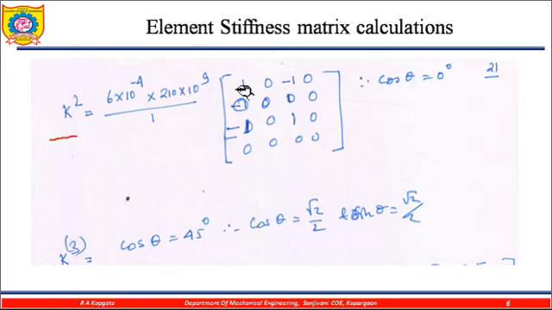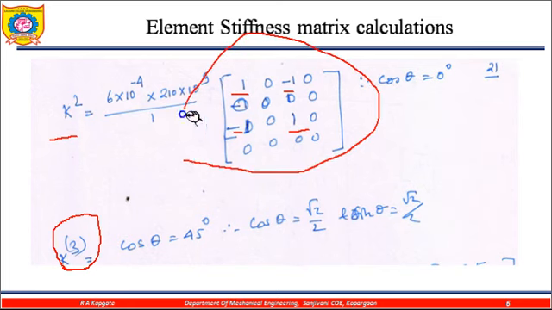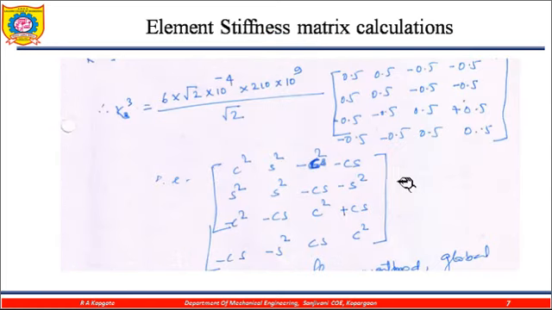Then K2 is equal to, that is along the x-axis, so movement is possible along the x-axis, so x1, so this is also 1 -1 -1 1. Now K3, that is the important one. Again, here we cannot use a simple bar. Instead of that, we need to use another formula, and that formula is this one.